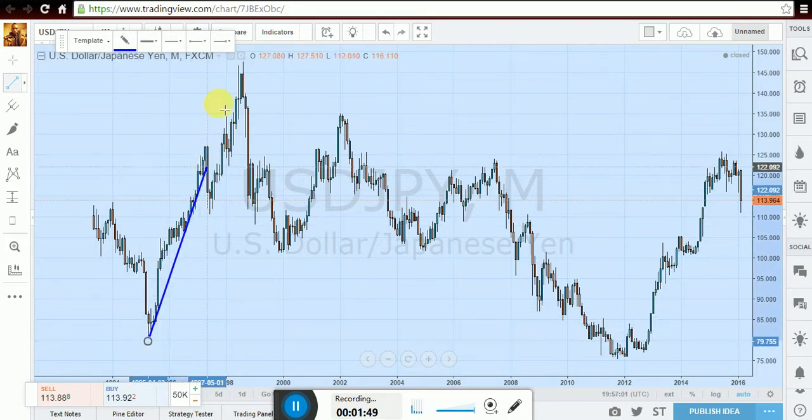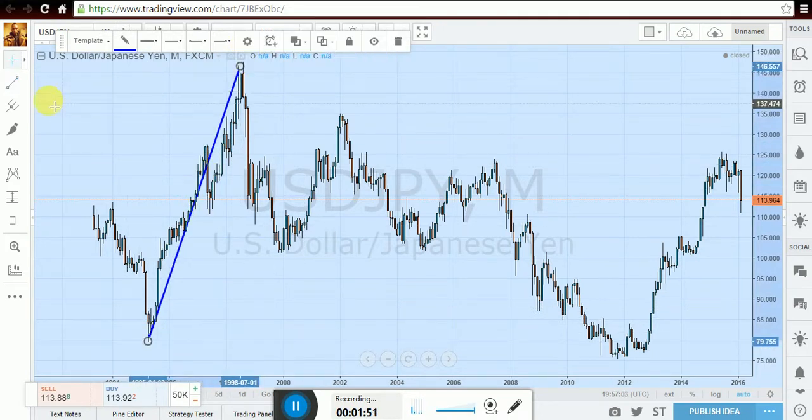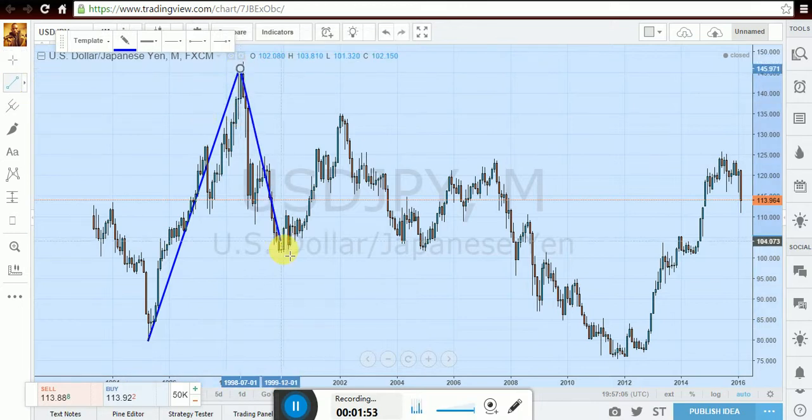We had that impulse leg, and then we had a retracement or an outside return. And usually once you see this kind of thing, what you would expect is another impulse leg from this market, forming a new structure high, because that is going to give you a bullish structure. From then on you can say that the market is bullish, and you're going to be looking for an opportunity to jump on the trend. But this market never did that. It came on and it formed a lower high,